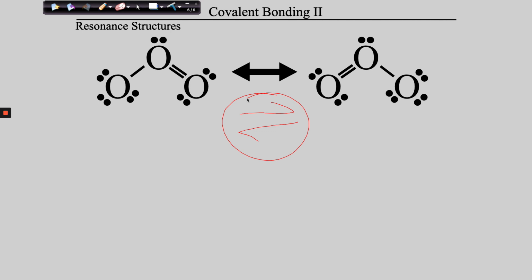This double-headed arrow means equilibrium. And guys, when you learned about equilibrium, you learned about the idea that reactants are becoming products and products are turning back into reactants, right? And if you apply that idea to this system, it's wrong, because this and this are not alternating back and